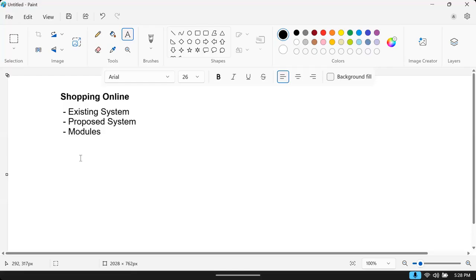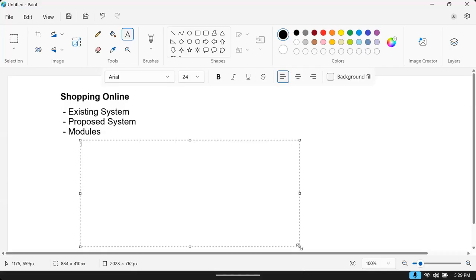So usually, what are the modules in a shopping application? Suppose we have a customer module, an admin module, a vendor module, a products module, a shipping module and a billing module.